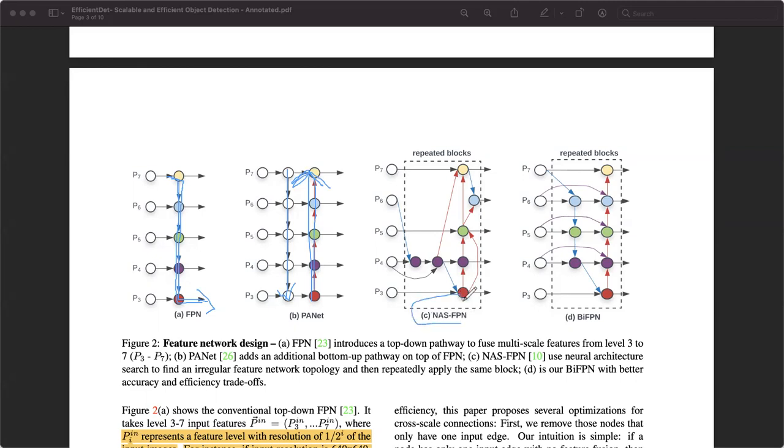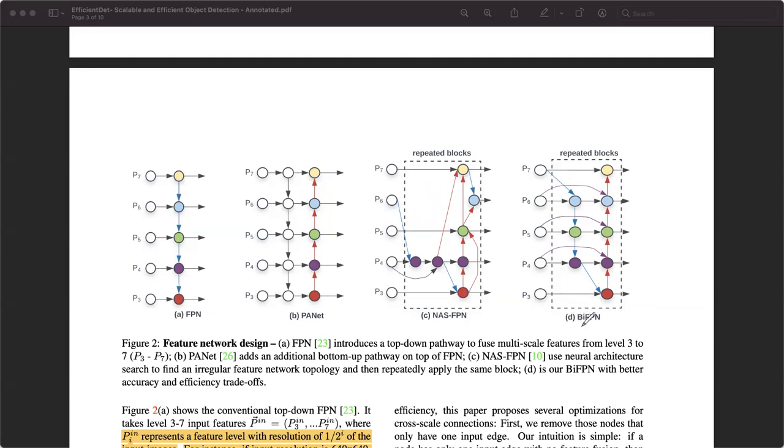For NAS, network architecture search, what they learn is usually hard for a human to interpret, and this usually results in an irregular network, which was very weird. But anyway,